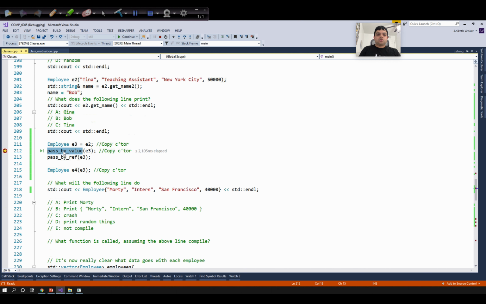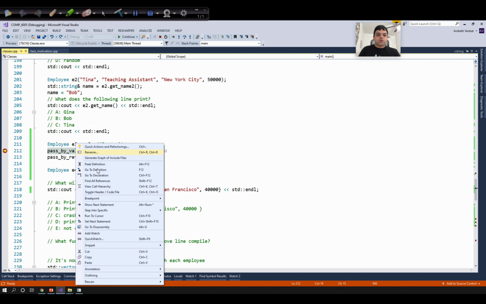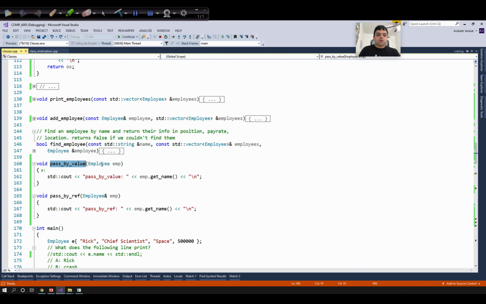Now I've written a function called pass by value, and I'm passing our object, which is of type employee, to this function pass by value. Now let's go to the definition of this function. Since it's pass by value, I'm passing this parameter as a value. Now when I pass the parameter as a value, what happens is first